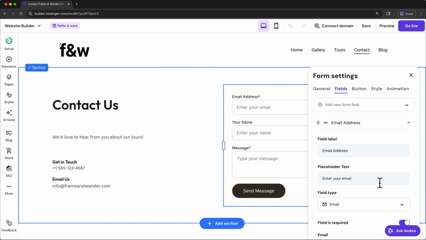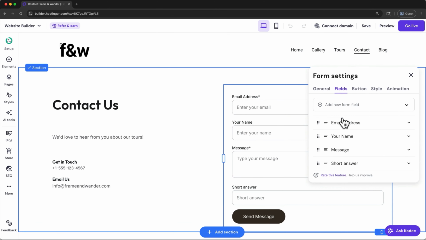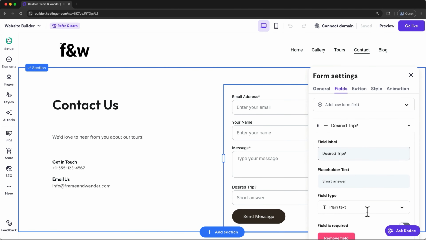I'll scroll up and collapse the email address field, and here you can add new fields as well. When you add the plus, you can select one of these field types, and I'll choose short answer, open it up, and replace the field label with something more appropriate. I'll scroll down to see that the field type is plain text,